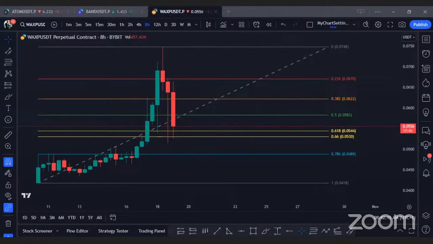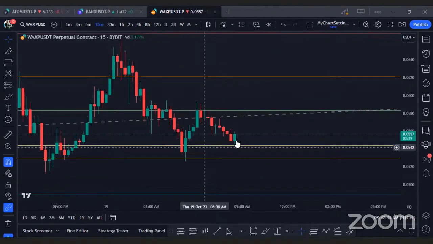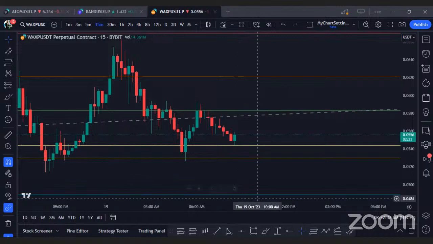So if I take a trade at that area there, let's say my first entry is here, guys. Let me go to the 15 minutes time frame and see what it's doing here. Okay, yes, look at that rejection at that area. So let's say I enter here at 0.0545. So if I enter a long there,